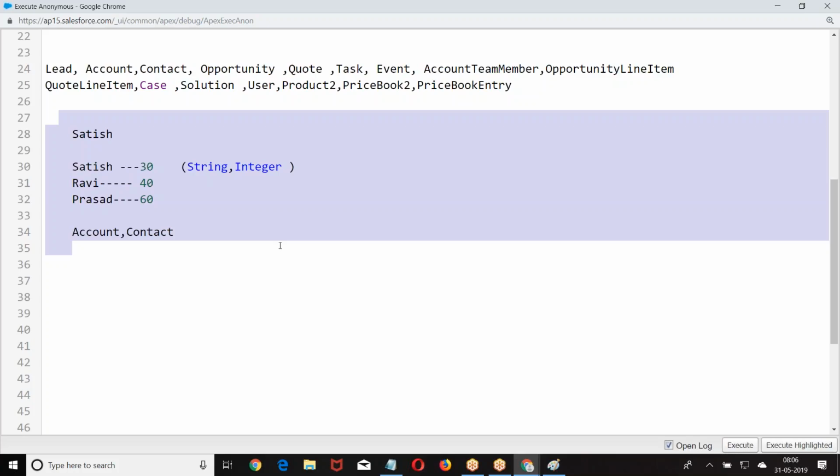Now we are saying Apex class, wrapper class. What is the difference you find between Apex class and wrapper class? Apex class is a collection of data and actions, which means variables and methods. Wrapper class will have only data, no action, which means a wrapper class will contain only variables.